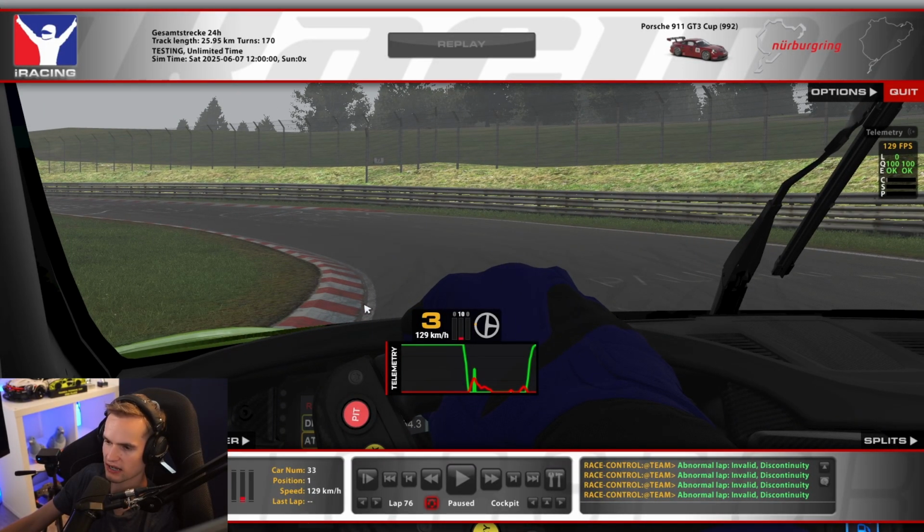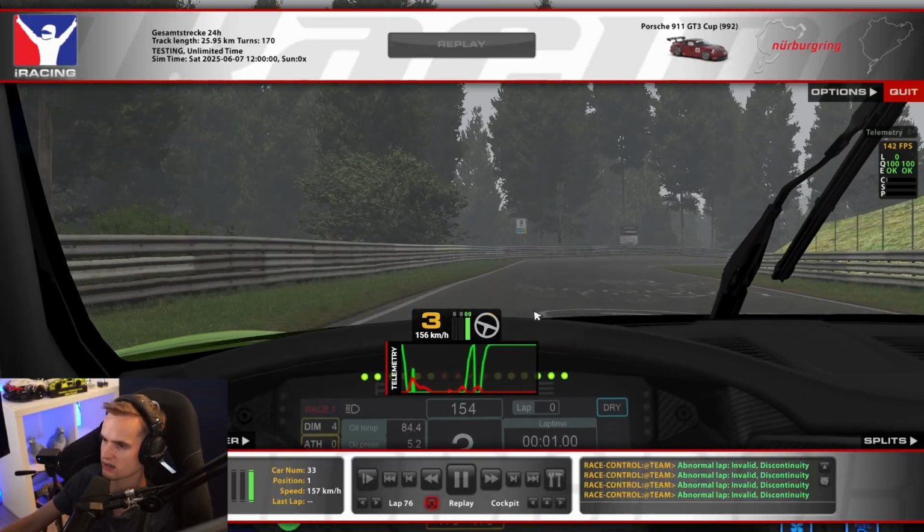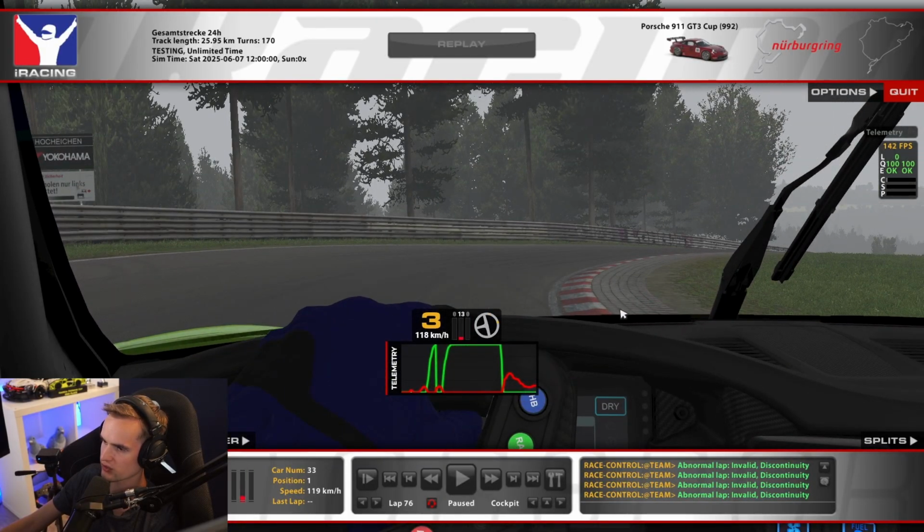Don't clip this curb like I did here. Your goal is to just keep it down here on the inside, not on this curb. Because as you can see, the car does a little jump. You can use this curb on the outside here. It's all good. Then here we start to brake, and we want to use this curb as much as we